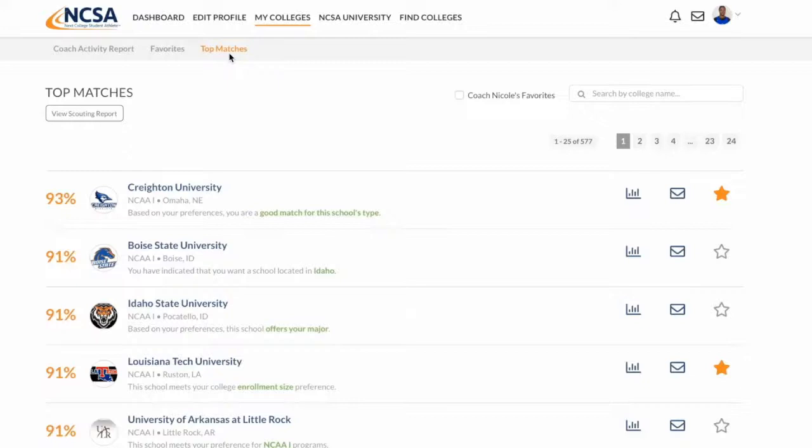So the number you see there on the left is an algorithm that we put together. It's top of the line. It's a lot of people who are a heck of a lot smarter than Philip, JC, and I putting this stuff together. But we go through an evaluation process. We help guide families through what that determinant is, based on film, based on grades, based again on what their aspirations are. And then we're able to match that up based on what the college coaches are looking for. And again, give you a list of schools that are potentially a good fit for you as a student athlete, as a family.